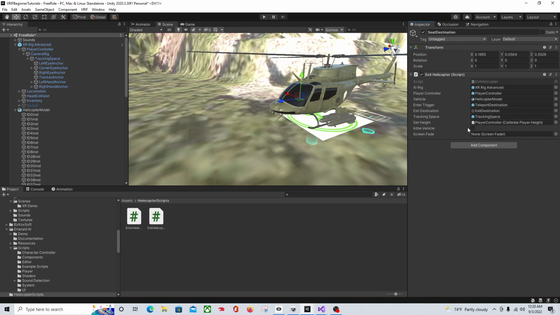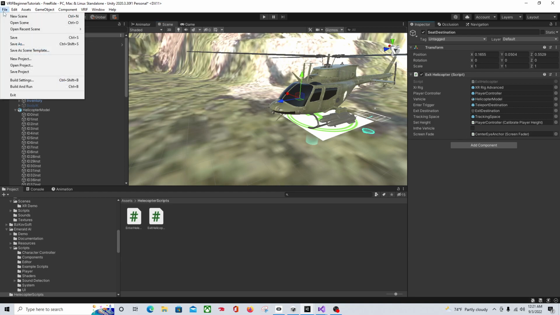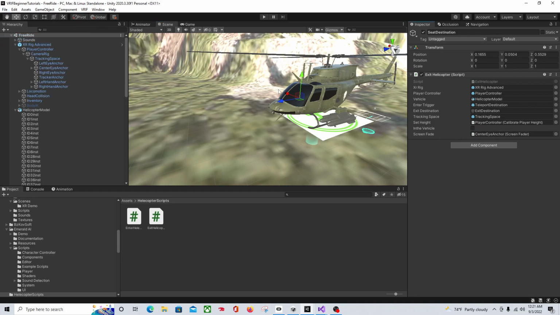And this is here for debugging in the vehicle. Our fader's on our center eye anchor. I'll save. Okay, next